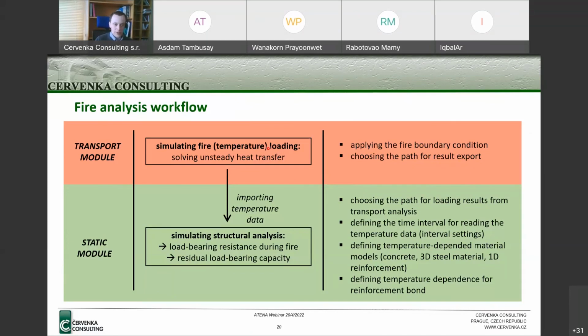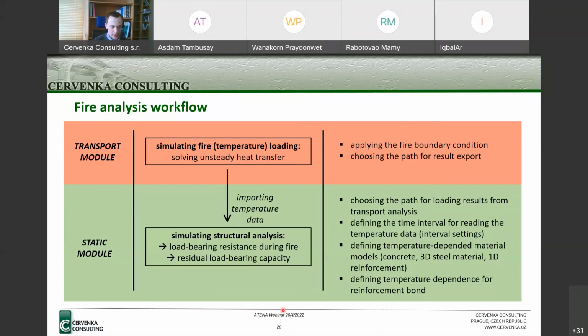So this somehow summarizes the workflow of how to do the transport analysis in ATENA and how to do the fire analysis in ATENA. At the beginning, we need to solve the transport problem to get the temperature distribution in our structure during the accidental situation. For that, we use the transport module where we create a model and usually solve the unsteady heat transfer problem, applying the appropriate boundary conditions, and then exporting the results for their later use in the static module, where we simulate